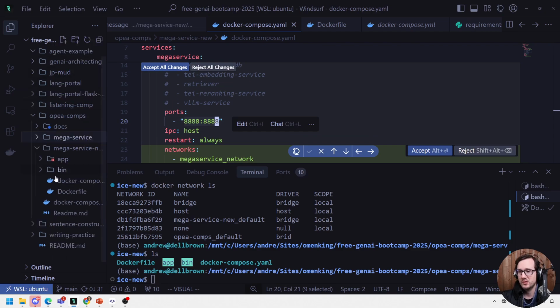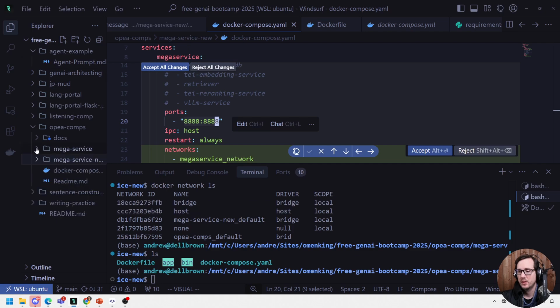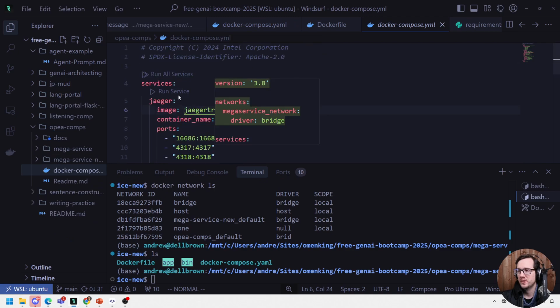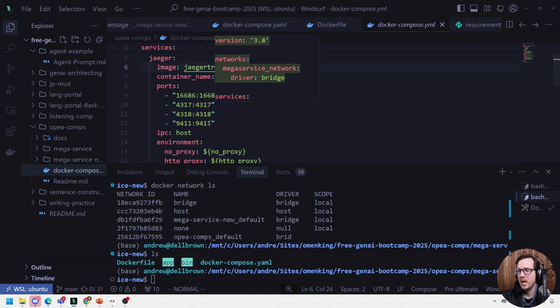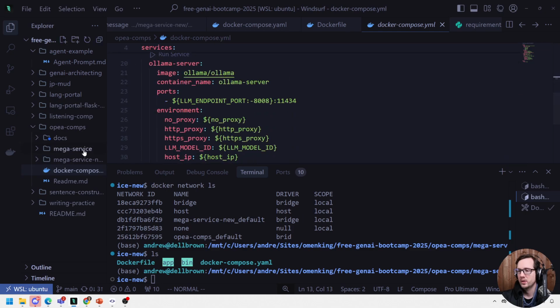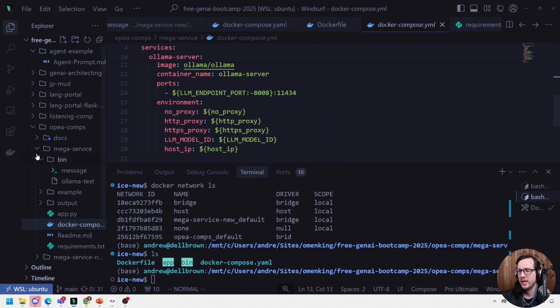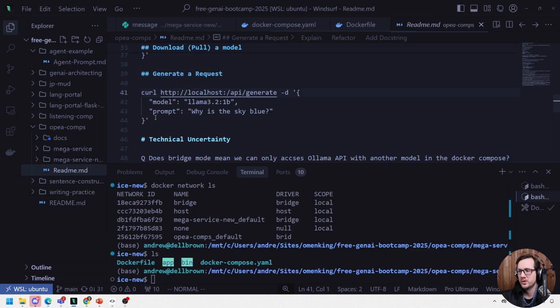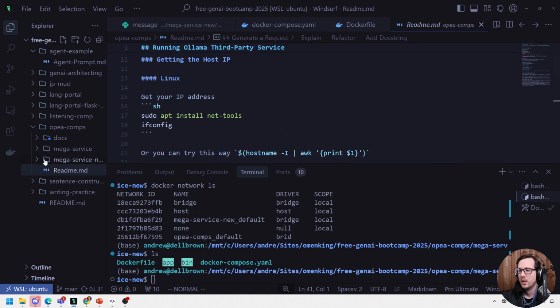It is a little bit confusing because we have this top level Docker Compose in here, which has Jaeger. I'm not sure why this is here. The Llama server. And what I'm going to do is just drag this in over here so that I'm having less issues trying to determine those two. But I'm going to go back over into here, and so we have our bin.